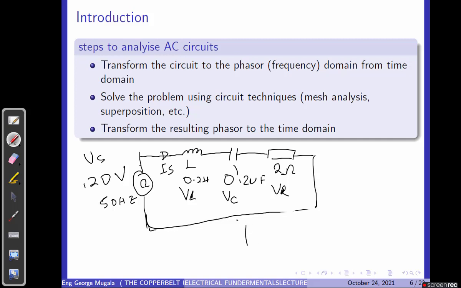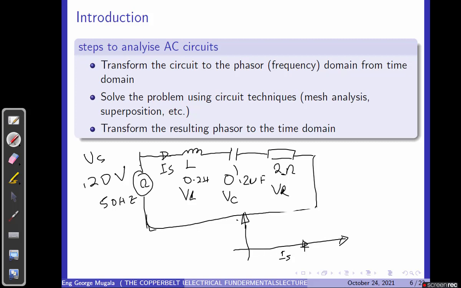So the first thing you do is draw the X-Y plane. On the X-Y plane, if this is the current that is common, this is the common current, right? So we can draw a phasor diagram in this direction. If we take current as our common, I'll take this one as my IS to be on the X-axis, and then I will think, if current is used as a reference phasor,